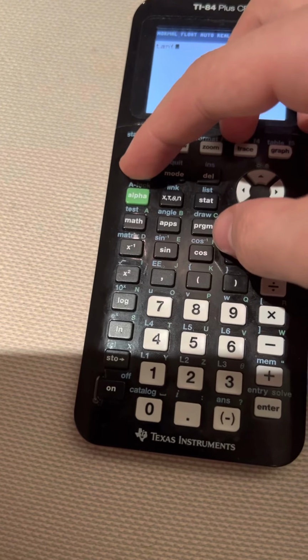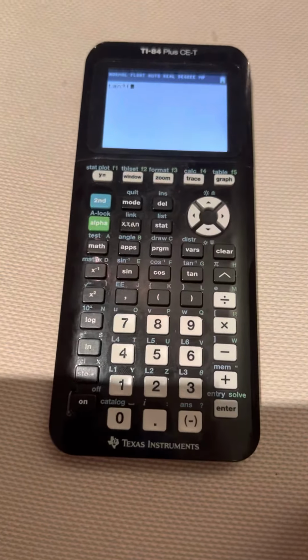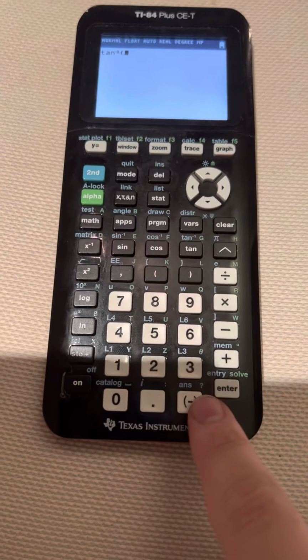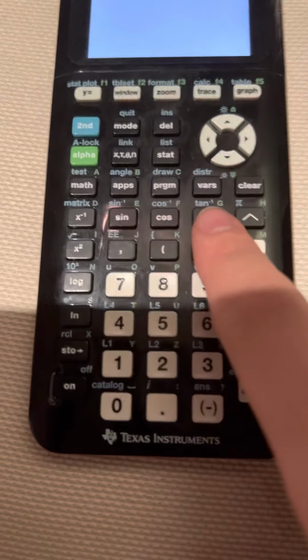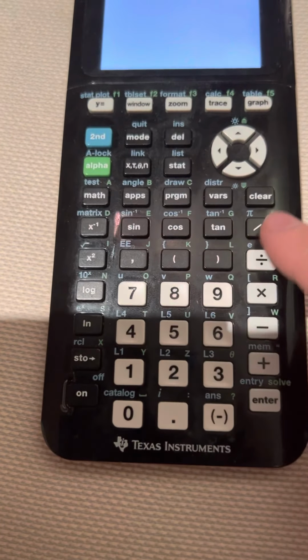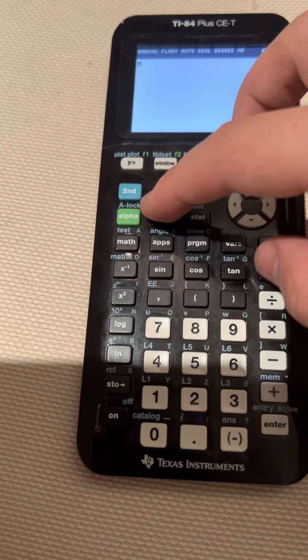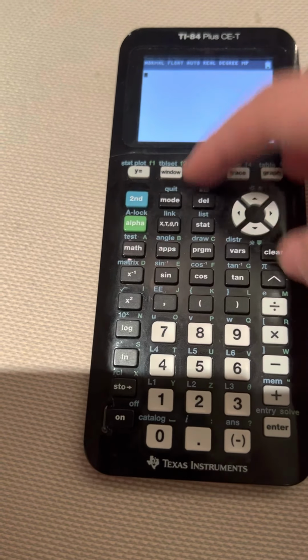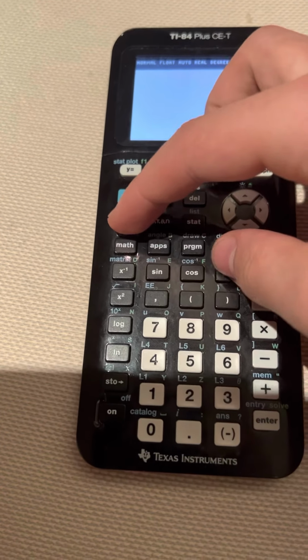Second button and tangent, as you can see. So in order to differentiate between normal buttons and second buttons, the colors are different in here. The same goes with alphas. Alpha tangent is, for instance, G, because as you can see, the color green is here. So alpha G